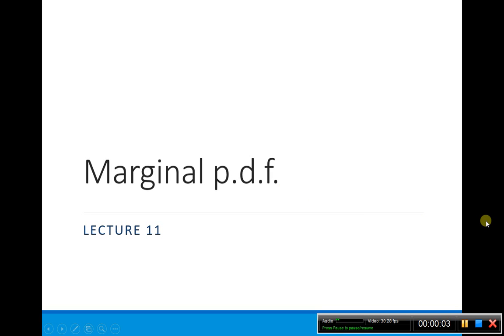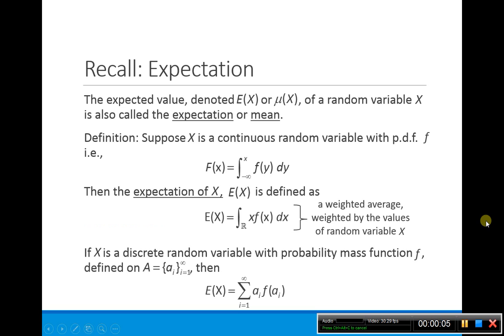Lecture 11 will talk about the marginal PDF. Last time we talked about the expectation or mean of a random variable x. This was the slide from last time, just to remind you: if we have a random variable x that has a PDF, little f, in other words it has this cumulative distribution function where this is the PDF, then the expectation is defined as the integral over all real numbers, with this weight x